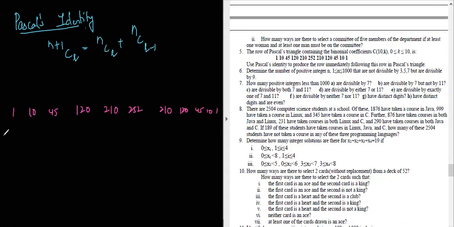Now the next row immediately following will be the 11C0 row. So 11C0 and 11C11 will be equivalent to 1. What will be the next numbers? The next two numbers will be, so 11C1 will be equivalent to 11. So 1 plus 10 is 11. Then 11C1, next 11C2 is 55. 11C3 will be 45 plus 120, 165, and you can continue in the same way for the entire problem.